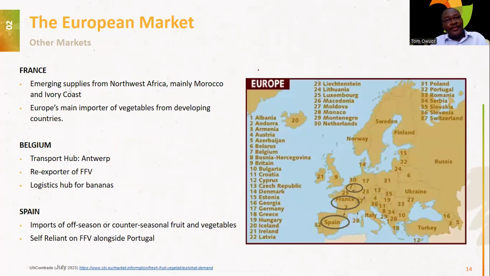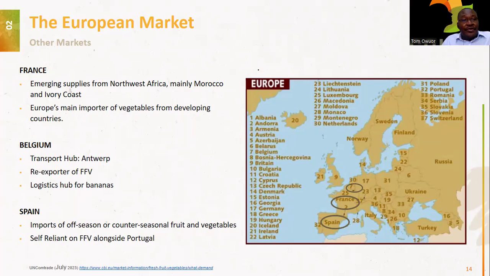Other markets in Europe that we need to think seriously about is France. But France, because of its proximity to Northern Africa, buys mostly from Northwest Africa, mainly Morocco and Ivory Coast. But it doesn't mean that you cannot get into the French market. I'm aware that other African countries are equally into the French market. Belgium is equally a very special market because of the transport hub at the port of Antwerp. And Belgium, because of that hub, is also an exporter of fresh fruits and vegetables, and of course, a major